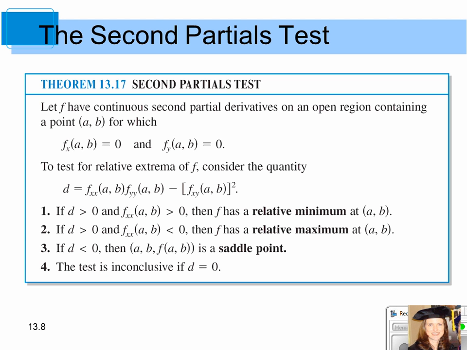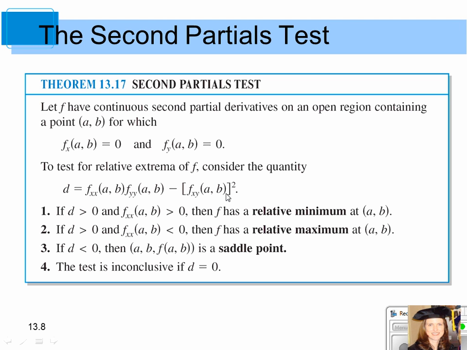To test for a relative extrema, you want to consider the quantity D equals, right here, f_xx, that's your second partial derivative with respect to x evaluated at the critical point, times the second partial with respect to y, minus the mixed partial with respect to x and then y, squared. This is what we call the determinant. You're going to find the critical points by setting the first partials equal to 0. Then you're going to find the second partials and the mixed partials, evaluate those, and evaluate this quantity